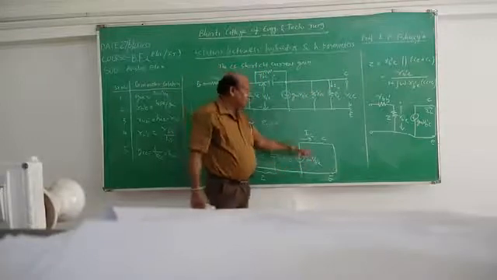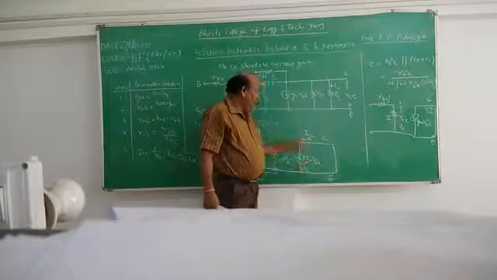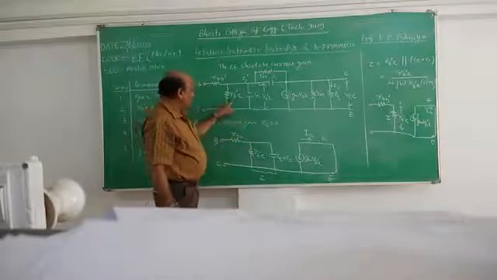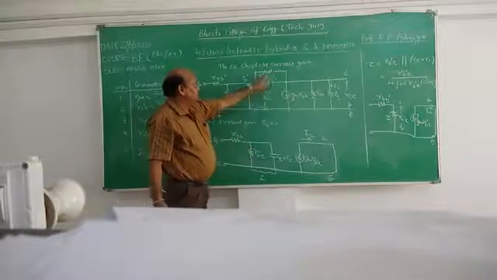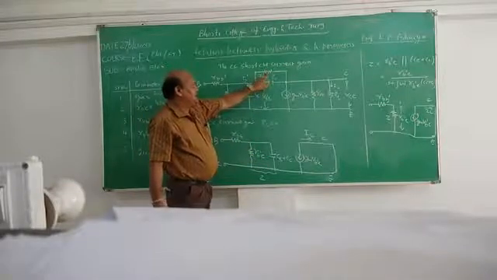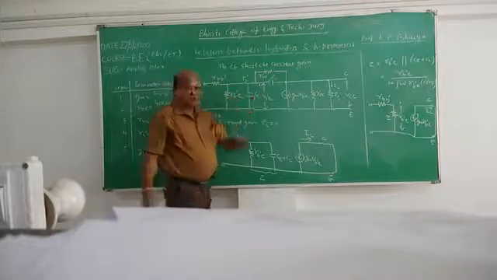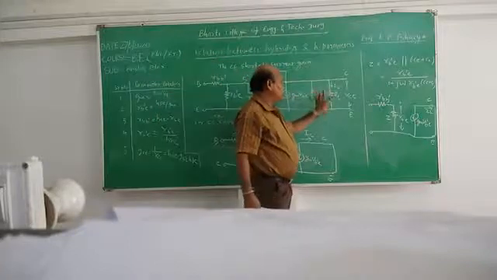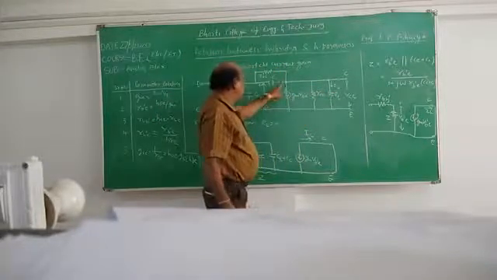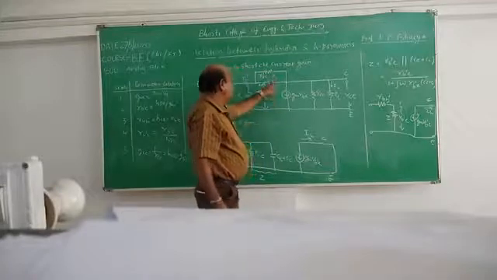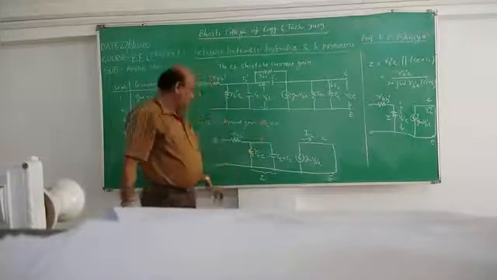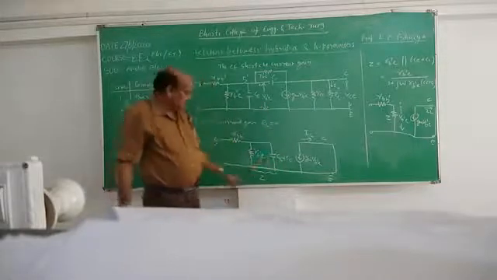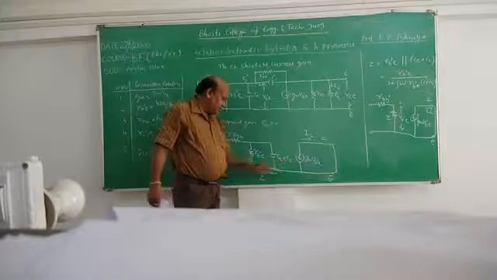So no resistance is connected here, RCE and RL, and only this current source gm into VB'E is here, along with this RB'E and CE. This resistance RB'C will not appear, but this CC will be in parallel with this CE. See, after shorting, these two resistances will not be there, but this terminal will be at the ground terminal and CC will be parallel to CE. In a parallel combination, the capacitors are added. So the total equivalent capacitor is CE plus CC.